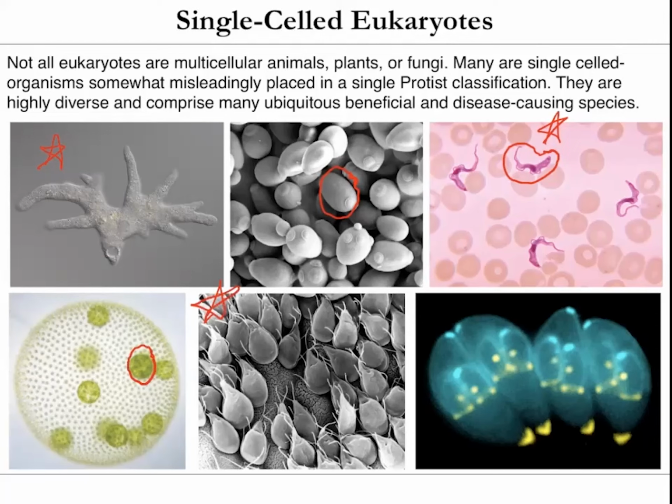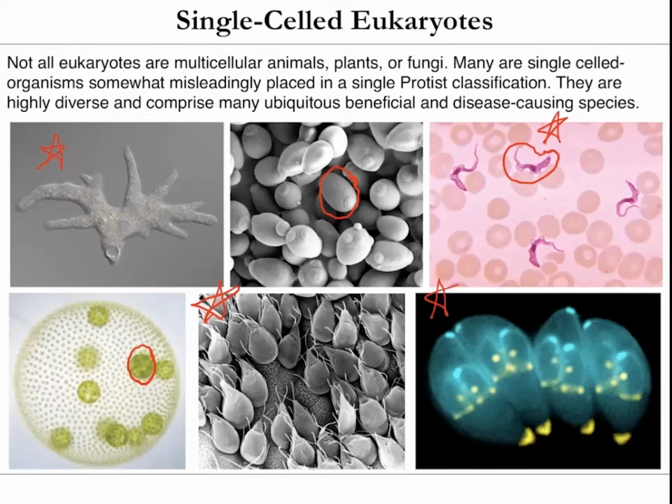This is Giardia, which I hope you never get. That's a single-celled eukaryote that causes terrible intestinal issues. So if you're ever out west, don't drink from the water in the lakes or the rivers, because there's a good chance that it has Giardia, and then no one's going to want to share a tent with you.